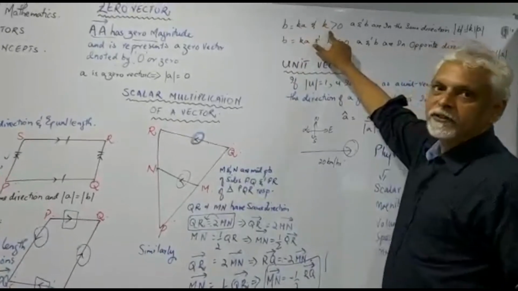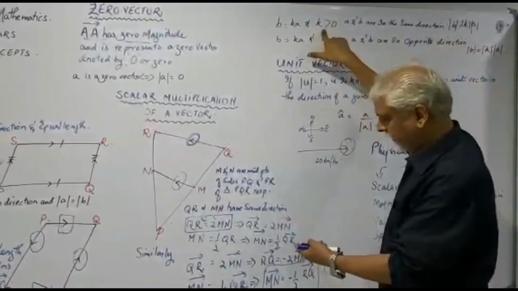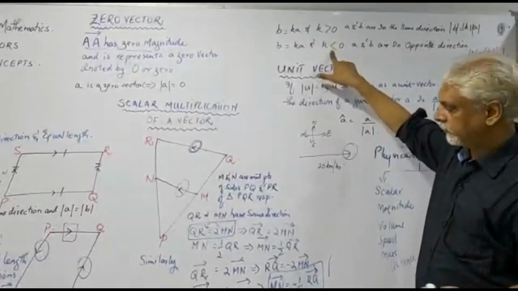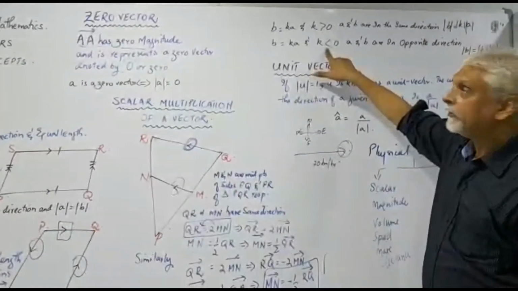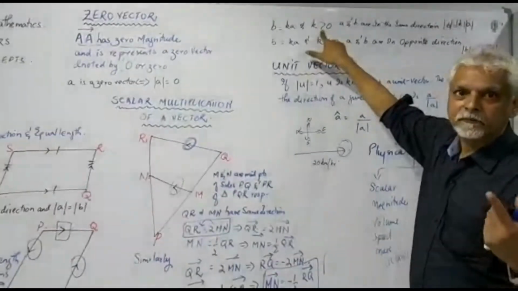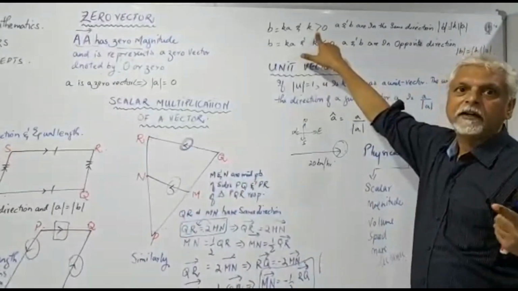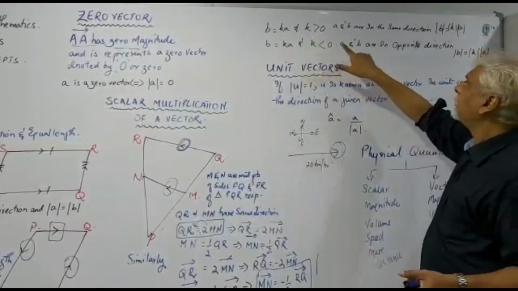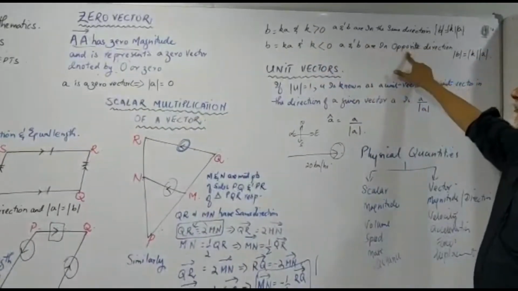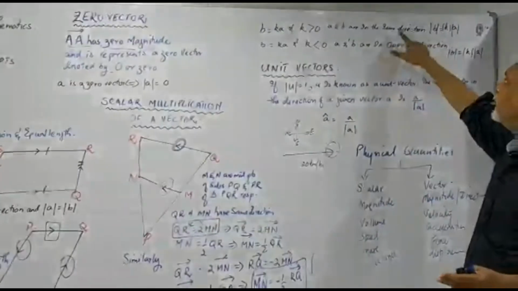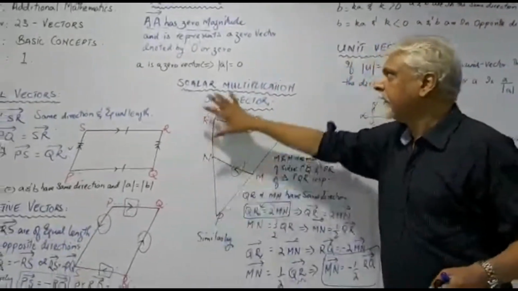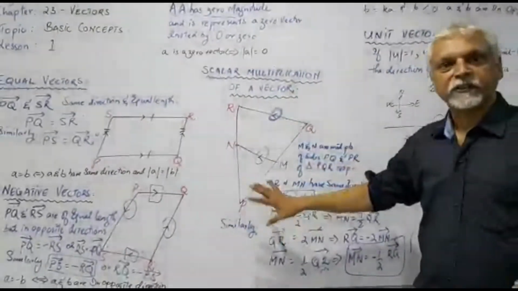K can be greater than 0, like how we just found out over here, like 2. And if K is less than 0, like minus 2, for example, over here minus half or whatever. Here this is plus half, that is greater than 0. So this is basically indicating the negative. So A and B are in opposite direction, as I said, negative, so it's in the opposite direction, and this is towards the same direction. So I have equal vector, negative vector, and scalar multiplication of vectors explained to you all.